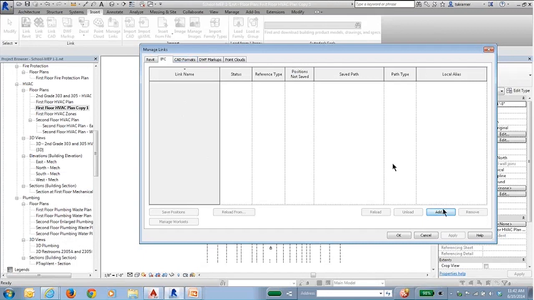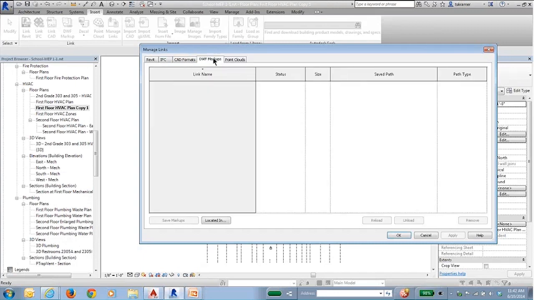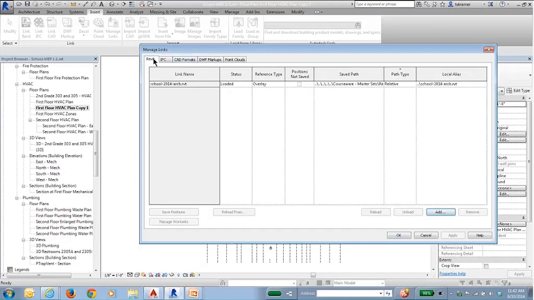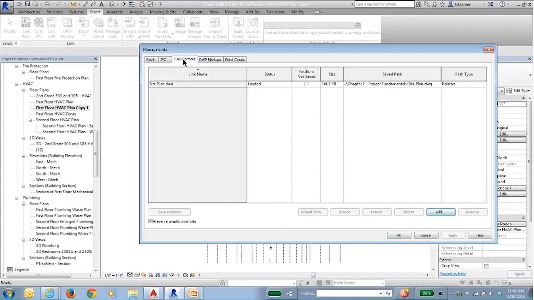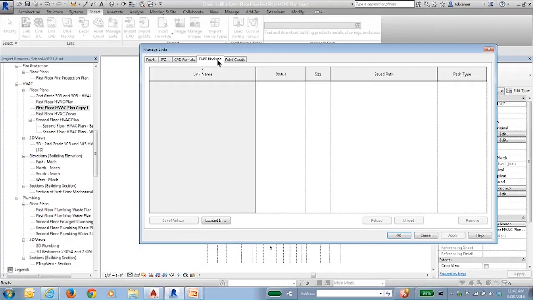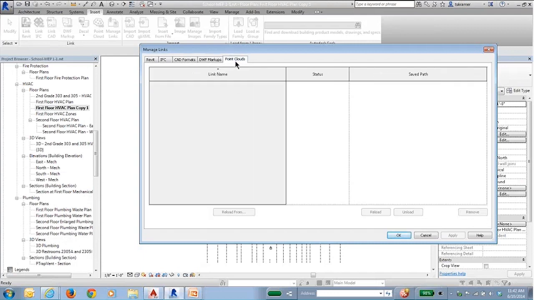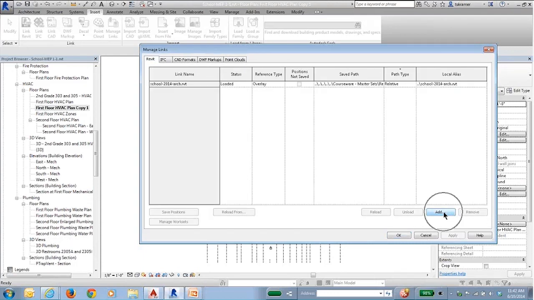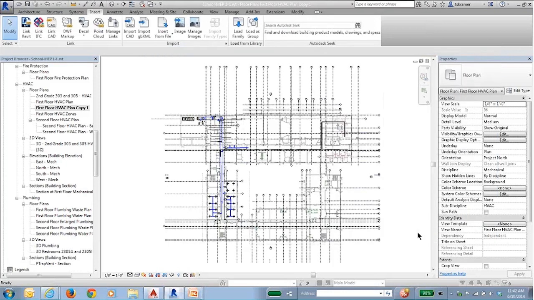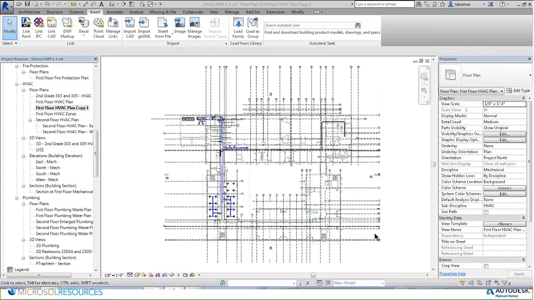And while I'm in here, I'm getting ahead of myself, but notice also that there is an Add button inside of the Manage Links dialog box, and that shows up on the Revit, IFC, and CAD formats tabs. It does not show up on the DWF markups or point clouds tab, but that has been added so that you don't have to go out of this dialog box and link a file separately. You can now do it within the dialog box. So, going back to the PowerPoint,